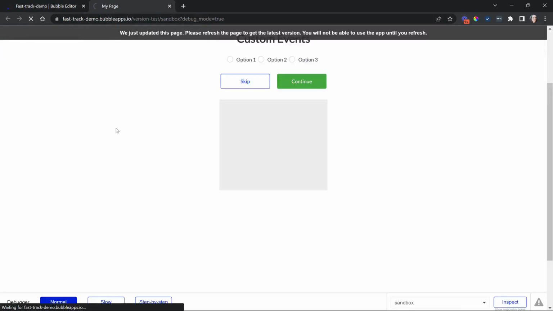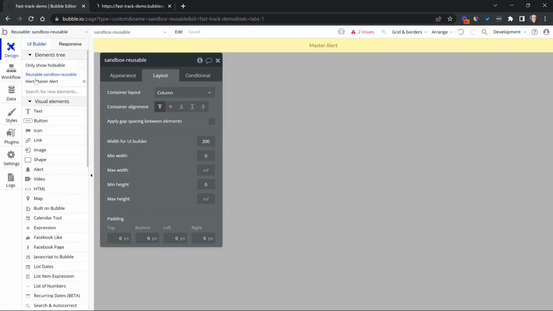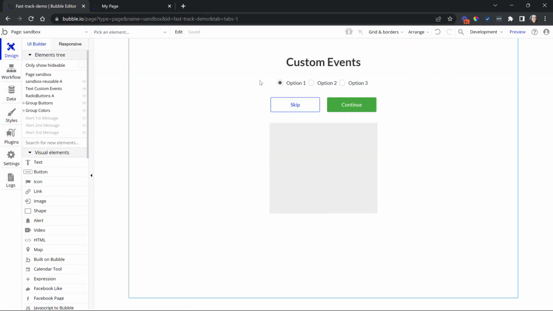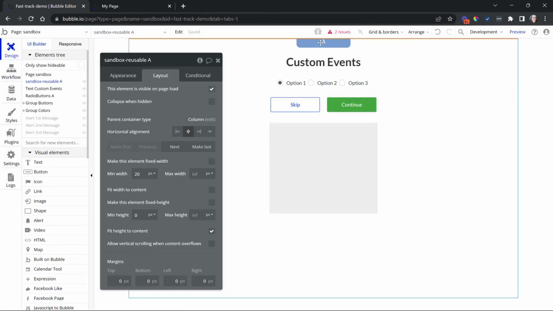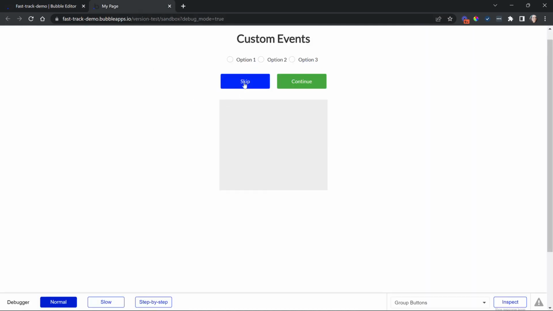So I'm going to refresh the page here. Let's just go back to our sandbox page again. And you can see right there our reusable element is at the very top. There's basically no height to it, which is fine in this case. So when I click on skip from here, there we go. There is our master alert. Right, again, that is not on the page directly, but it is indirectly through the reusable,